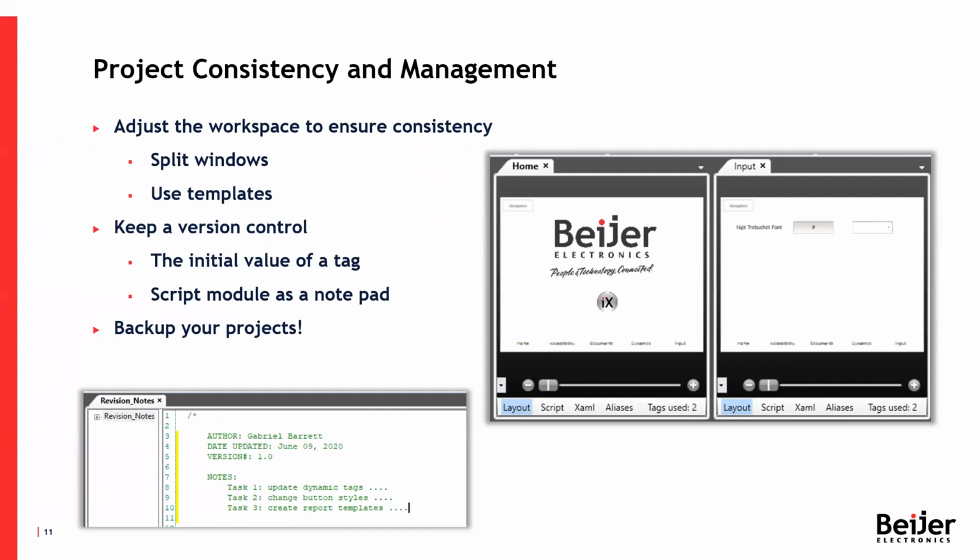Project consistency. There are a lot of different ways that you can be consistent within your projects. We went over a couple of them: using a base project, creating template screens, and setting up a style guide. But do yourself some other favors,